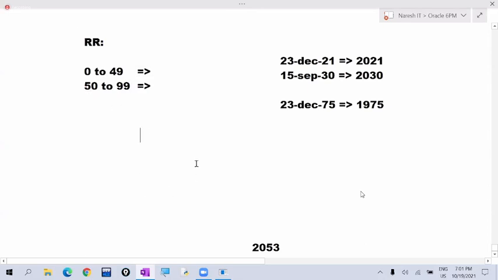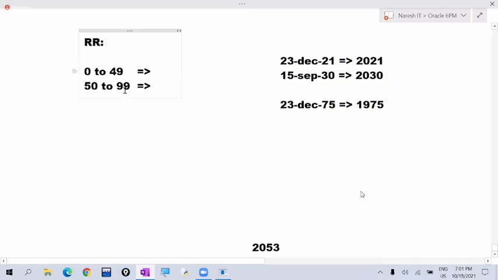If the current year is 2021, and you give any value between 0 to 49, it is prefixed with 20. If you give a year value of 50 to 99, it is prefixed with 19, the previous century number.